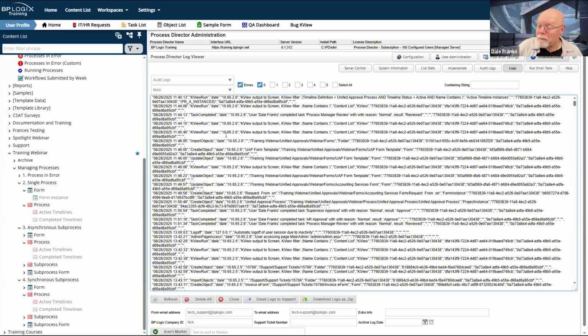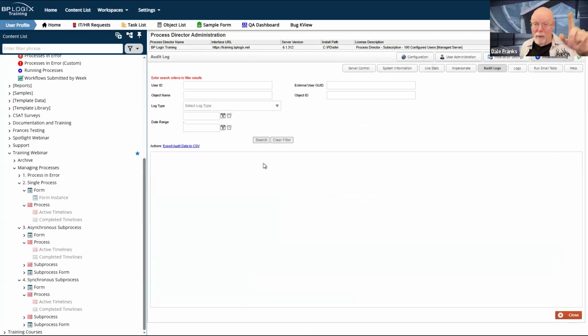So you do have the option via the appropriate system variable or custom variable. I don't remember what the name is right off the top of my head, but there's a set of custom variables that enable you to store the audit logs in the process directory database. Audit logs get big. You can determine how far back you want to store the audit logs. If you want to go back 30 days or 2 weeks, however long you feel is long enough to investigate something that might have occurred at some point in the past. Hopefully you find out quickly, and you don't need to look back at what happened last year.